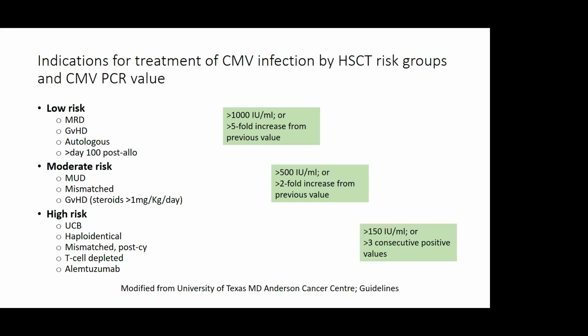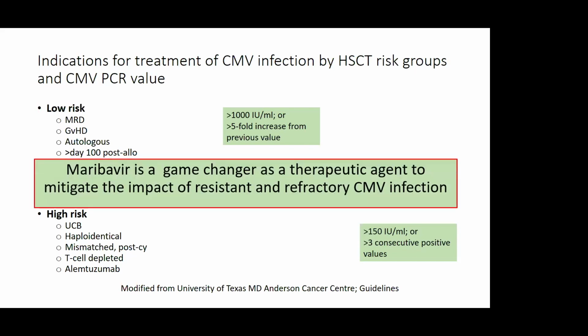And you remember I showed you in that graph, I said if it goes beyond 50, it's highly unlikely to be spontaneously controlled. It will not resolve, and that's why 150 is being taken as a cutoff for high risk to start antivirals like ganciclovir or valganciclovir or foscarnet, the broader spectrum antivirals. Okay, maribavir, we haven't mentioned it, but this is the agent that we use to mitigate the impact of resistance